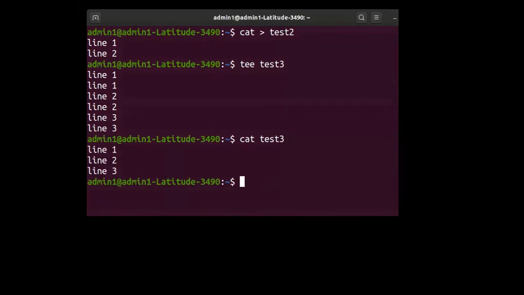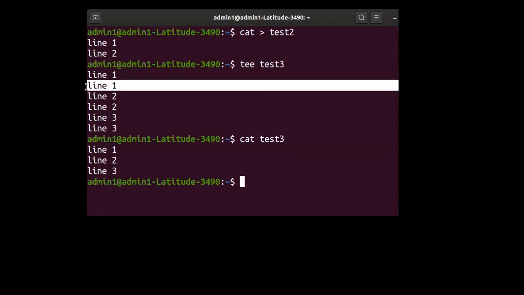Majority of you were right, except one or two who said 6 lines. So understand why it is 3 lines. Cat, as you are all aware, will display only the lines or the text that is typed by the programmer. Line 1 is typed by you, but the repeated line 1 is given to you by the operating system.